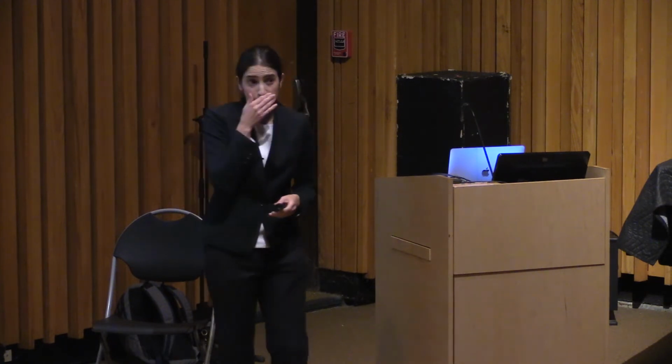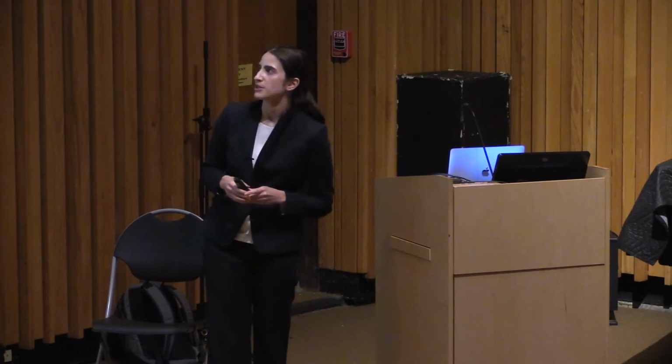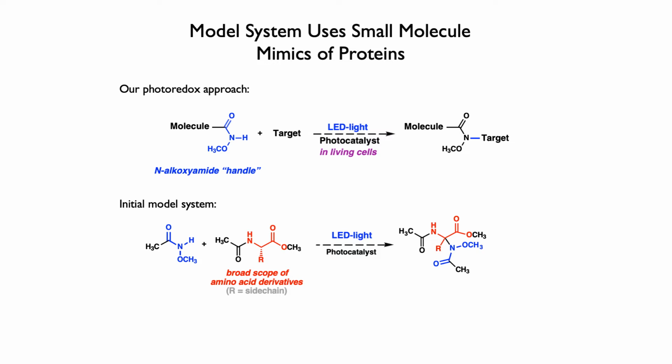And what we hoped we would be able to do is react that with a variety of amino acids, forming covalent bonds to them, tethering the alkoxyamide to those amino acids, which would give you a structure like this. Those amino acids are a very small mimic of what a protein is. Proteins are made up of many amino acids, all linked together by these amide bonds. So this is basically the smallest mimic of a protein we could use to try to figure out if one day an alkoxyamide on the drug could be linked to a protein target.